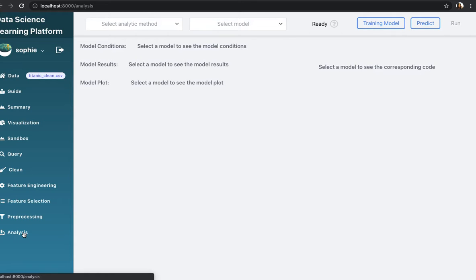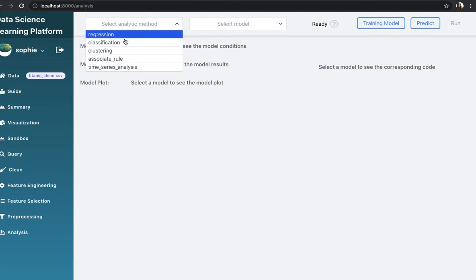Now let's see the classification in the data analysis. Here, our example dataset is Titanic. Classification is a supervised learning. It is a data mining function that assigns items in a collection to target categories or classes. The goal of classification is to accurately predict the target class for each case in the data. For example, in this dataset, Titanic, a classification model could be used to identify whether the passengers on Titanic survived